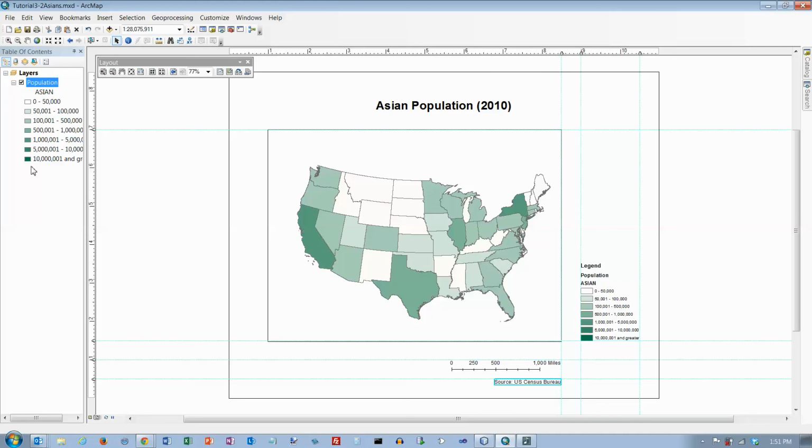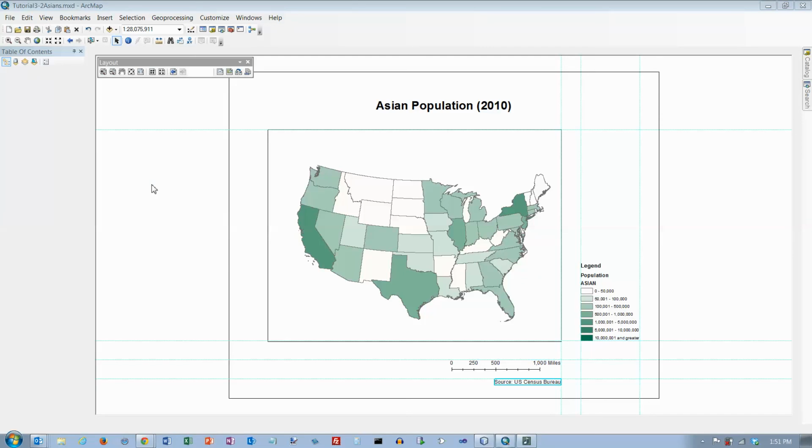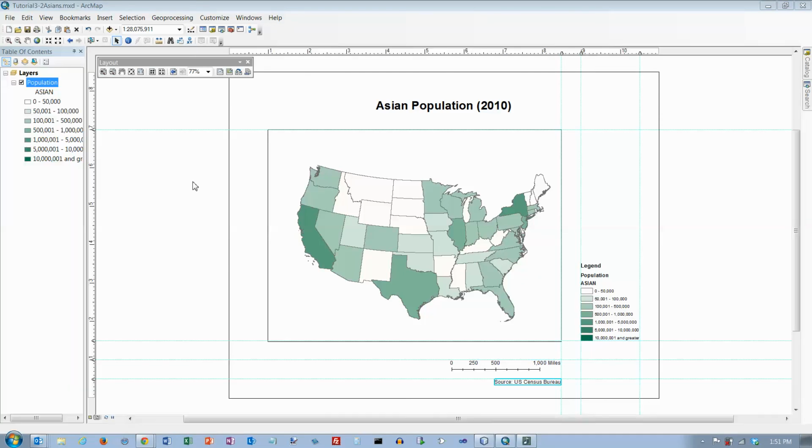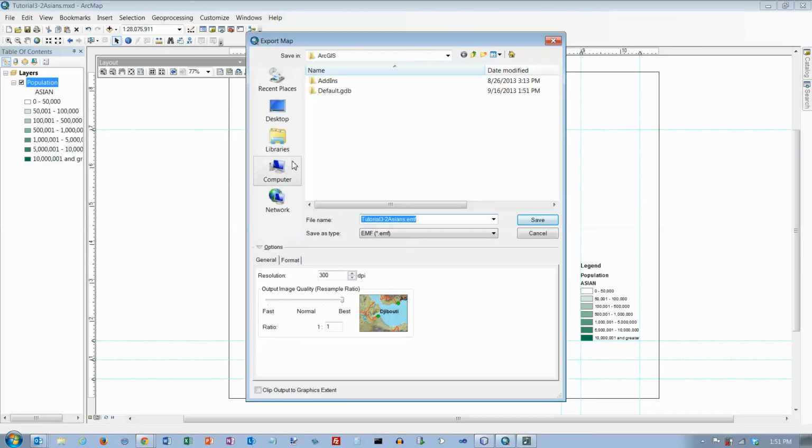And we're going to save the image with the file name tutorial 3-2 Asians in the chapter 3 folder, and the type of file here is going to be JPEG, and the resolution is 300 dots per inch,